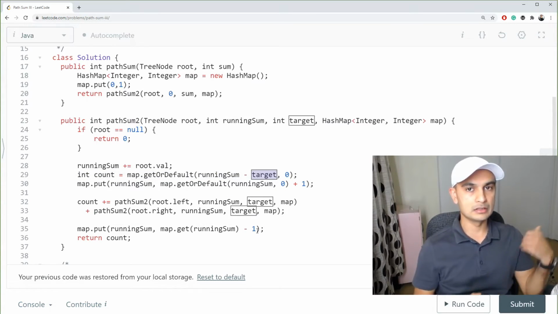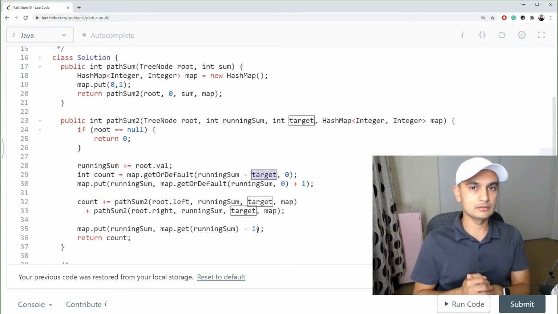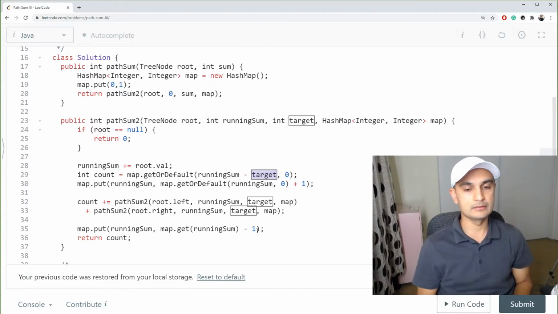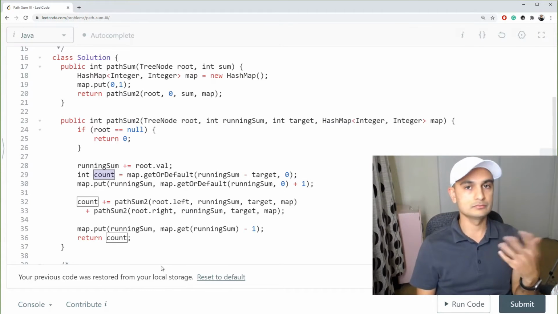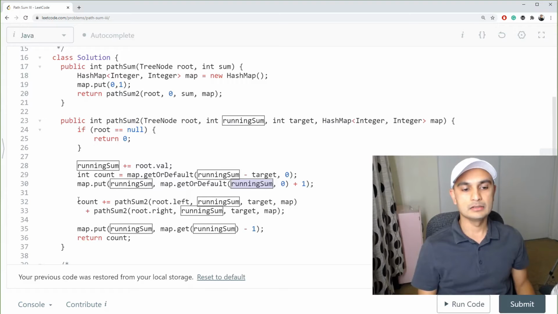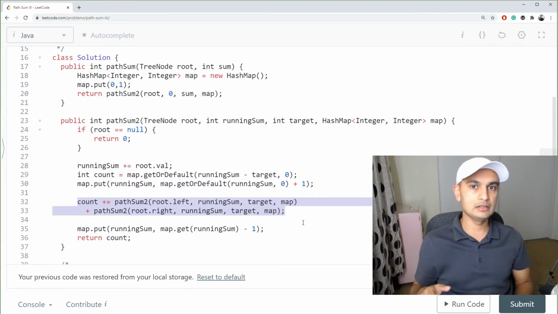If you remember our whiteboard, we did 18 minus 8, which was our target, and we found 10, and we had a path previously where 10 was there. So if we find that, then we found one valid path, or however many valid paths there are. And then we increment our map with the current running sum,